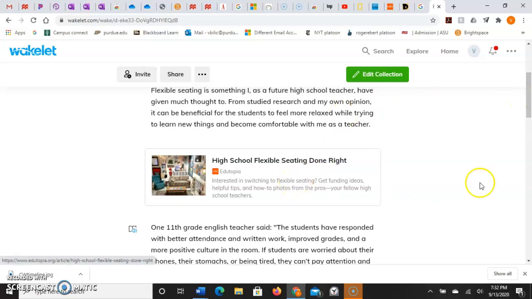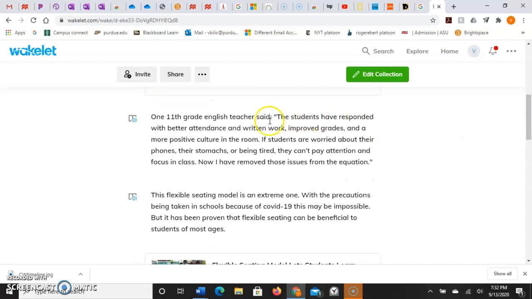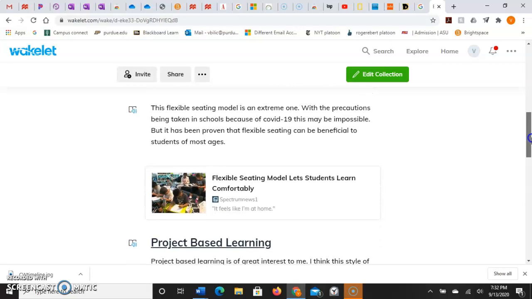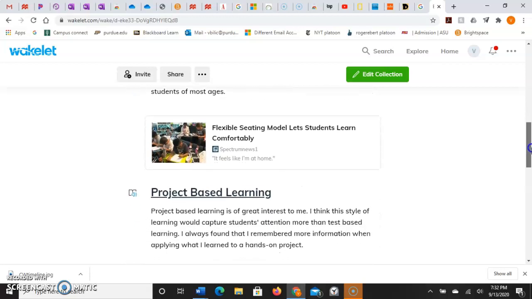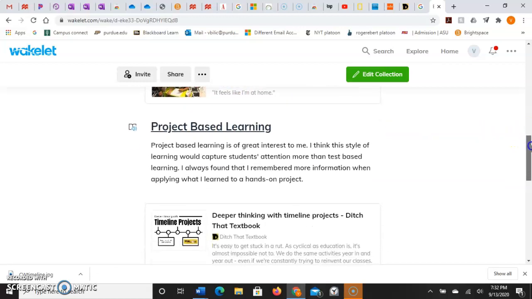This one just goes through a lot of teachers' accounts of what happened when they did flexible teaching. Like this teacher said that grades improved, attendance improved, etc. Behavior went much better. All right, this is just another example. This is a pretty extreme example of flexible seating, but I thought that was a pretty nice example for younger